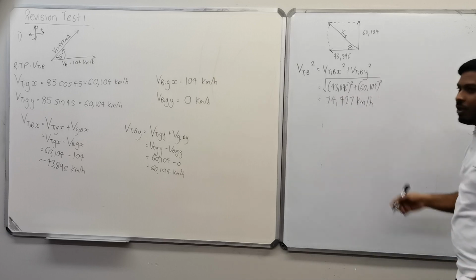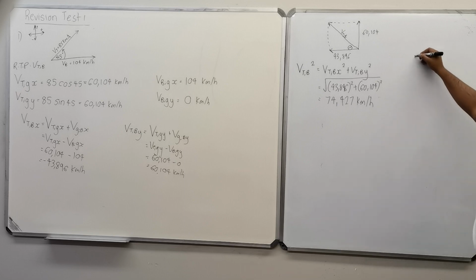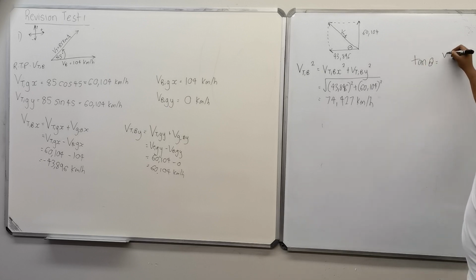Right. Now we just need to work out the angle. So we know tan of the angle will be equal to its opposite over adjacent, right? Opposite in this case would be the velocity of the truck relative to the bus along your y-axis. This would be the x-axis, right? This is equal to tan to the minus 1 of